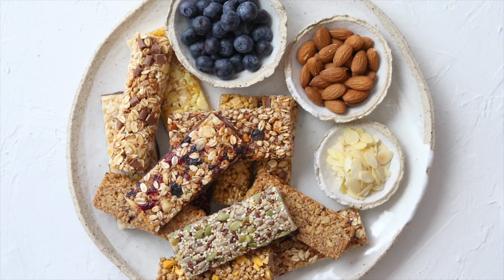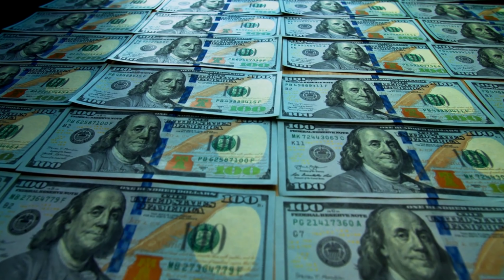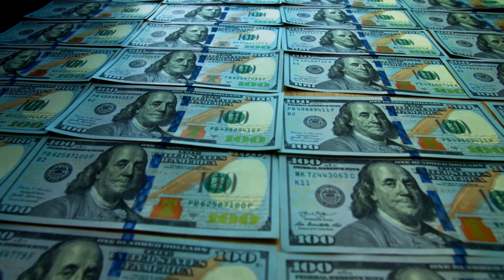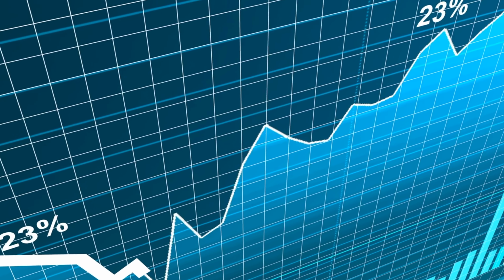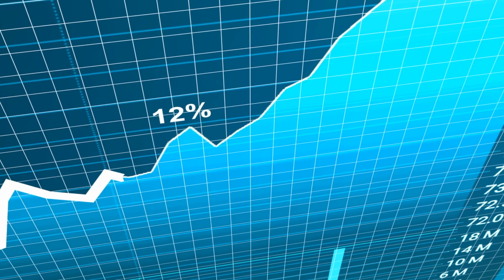So maybe we have narrowed down the market quite substantially. So let's say the market is 100, maybe $1 billion. We're probably talking now to 1 million, maybe $5 million of potential profit if we're talking about swimmers buying protein bars. So the pie has shrunk, but our conversion rates will skyrocket. If we have a generic protein bar and we try to launch it, maybe let's just hypothetically say that we're going to have a 2 or 3% conversion rate.